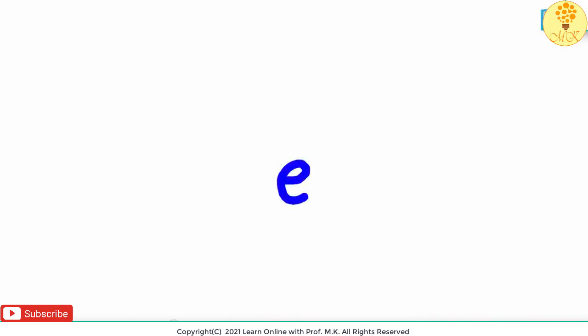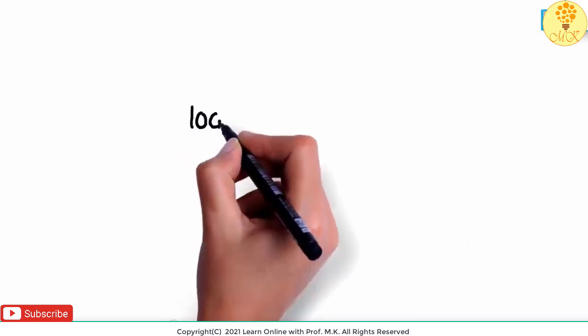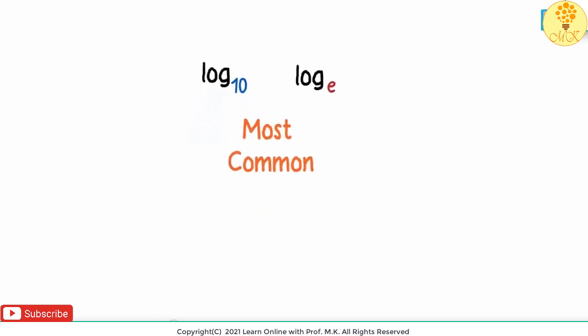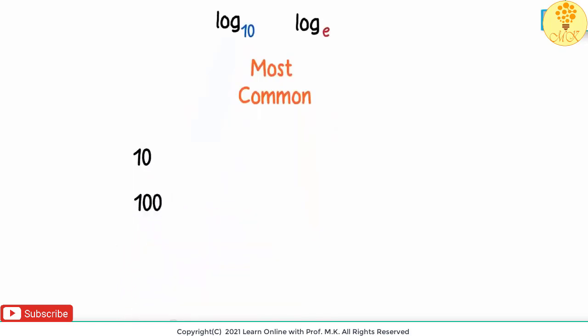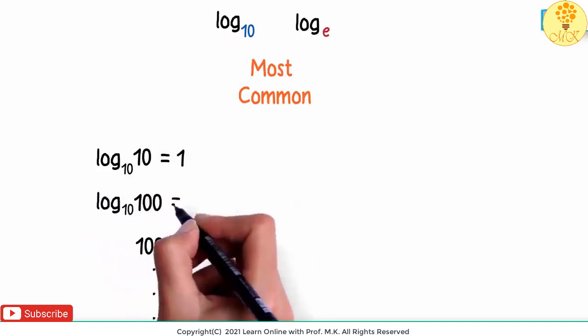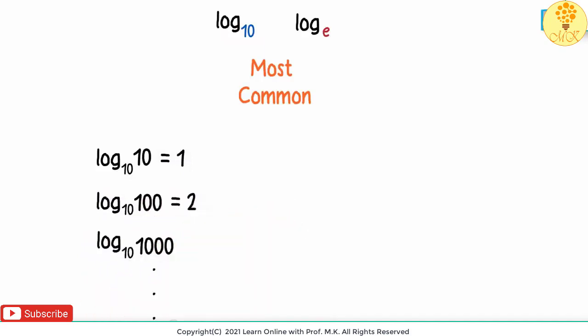What is e? The 2 most common logarithms used are log to the base 10 and log to the base e. Why are they the most commonly used logarithms? How do we really understand them? Log to the base 10 is kind of intuitive. It's easier to talk in multiples of 10: 10, 100, 1000 and so on. Log to the base 10 gives us an easier scale to work with. Log 10 to the base 10 is 1. Log 100 to the base 10 is 2. Log 1000 to the base 10 is 3. And we can see that the multiples of 10 can be managed with a scale of natural numbers.